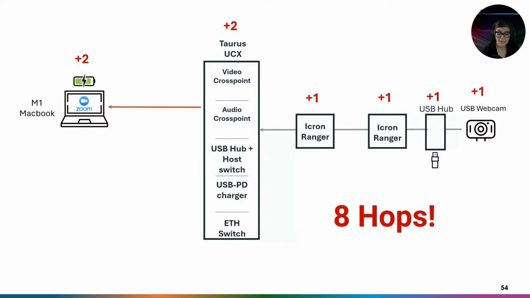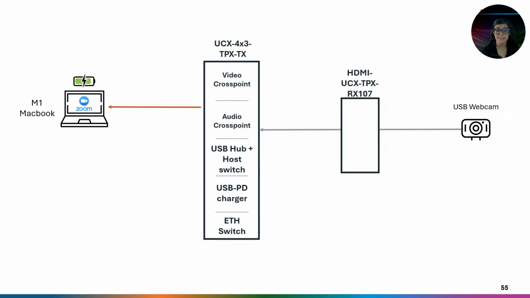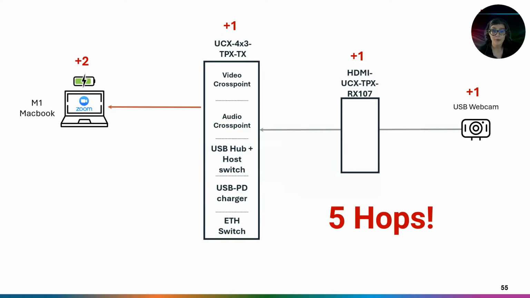Now, if we take that scenario and we instead put in one of our TPX line of Tauruses, which are using that SDVoE technology to extend it, you'll see now we free up so much because that MacBook's still 2. Each one of these is 1 for a total of 2. So your transmitter's 1, your receiver's 1, and then your webcam out there is 1. So now we're at 5 hops. Where before we were at 8 because we had to add all of those extenders and additional hops,